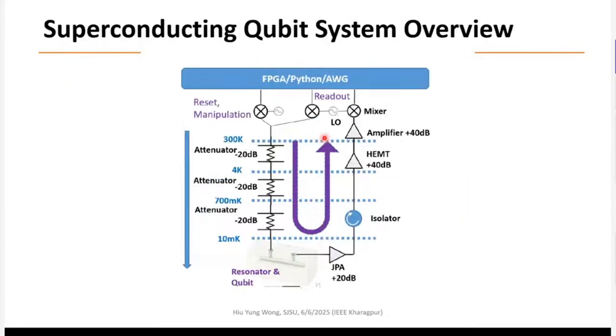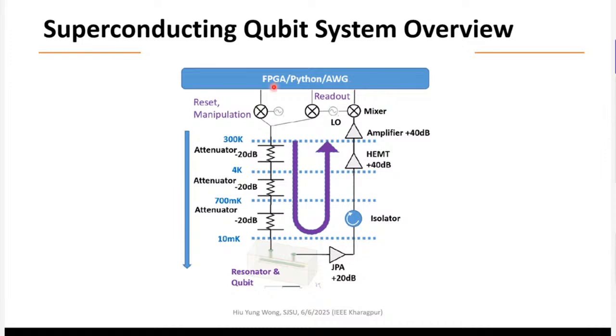Okay, so the final part of this talk is now I want to go to more details about how we operate and design a superconducting quantum system. So now I hope you can appreciate this talk is FPGA, Python programming, arbitrary waveform generator. All of you have or are going to take this class in your degree, right? High-speed electronics, digital signal processing, what else? Error